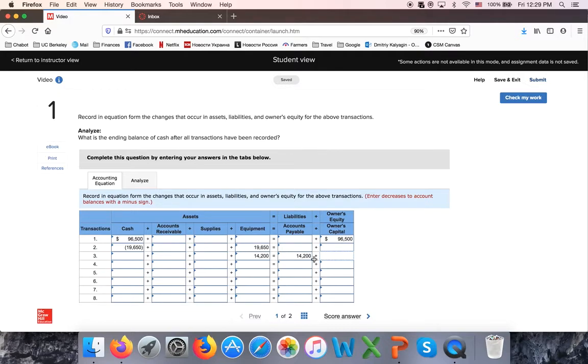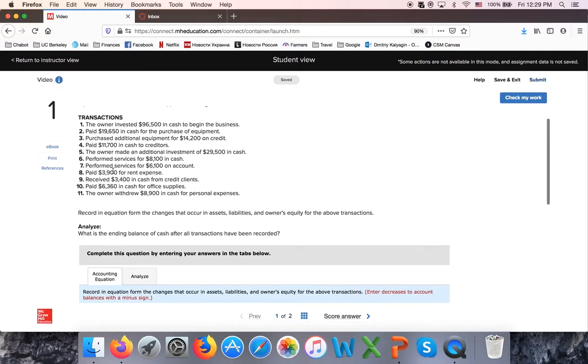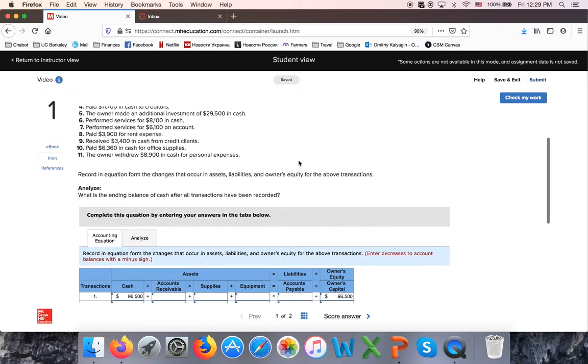Look, are we in balance? Yes. Assets went up and debt, liabilities went up. So I am in balance. So both accounts increased. Transaction number 4, I paid 11,700 in cash to creditors. Think about it, I paid off my credit card, right? Paying cash to creditors,